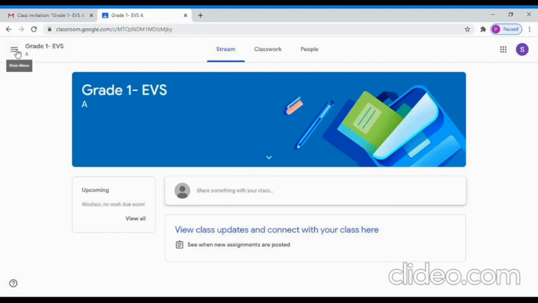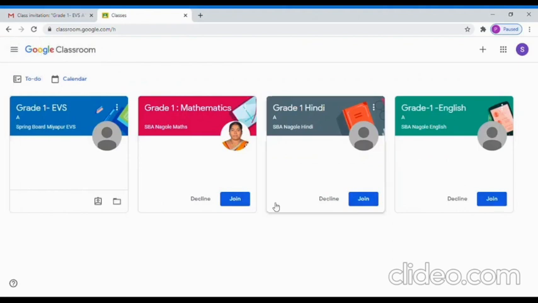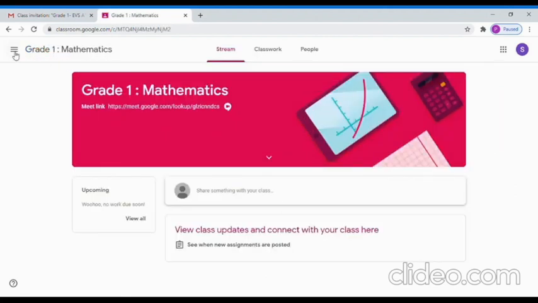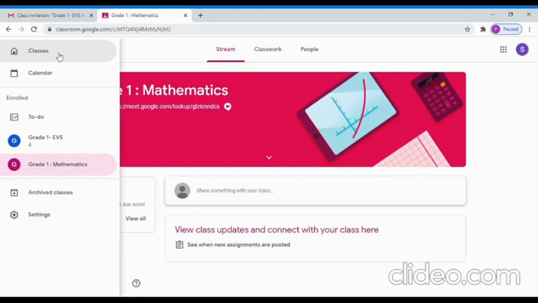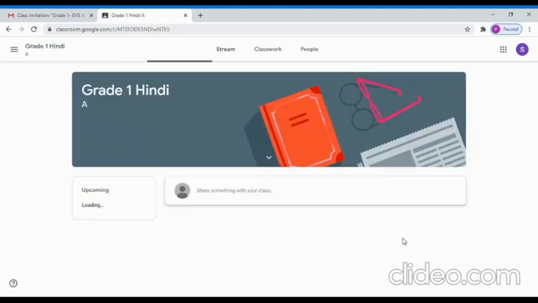Now just click this menu, go to classes, and then click join. So now I'm going to join the mathematics class. Again, I'm going to the main menu, clicking classes, clicking join. So I'm going to join the Hindi class now.